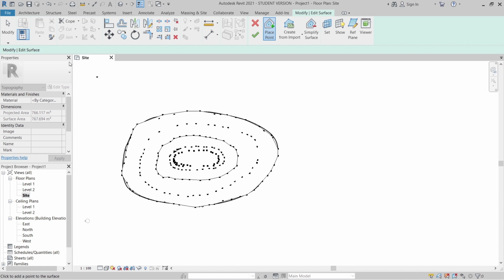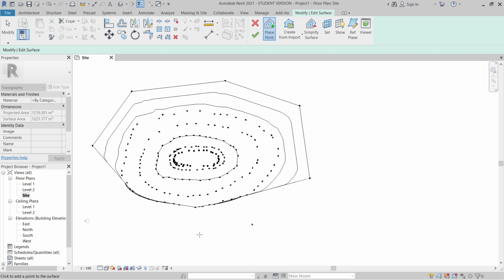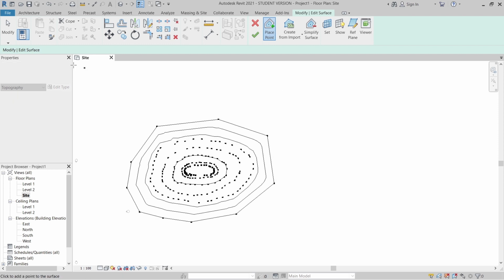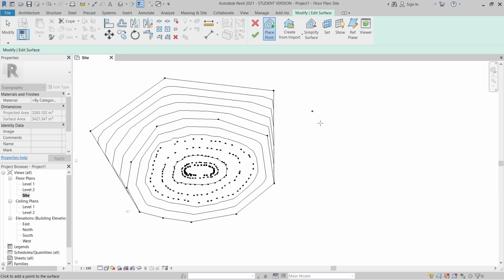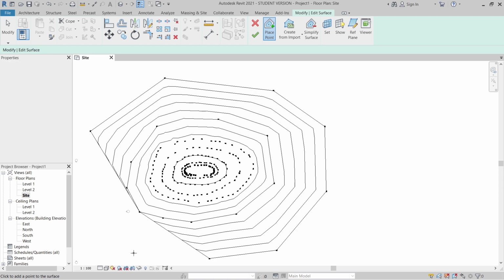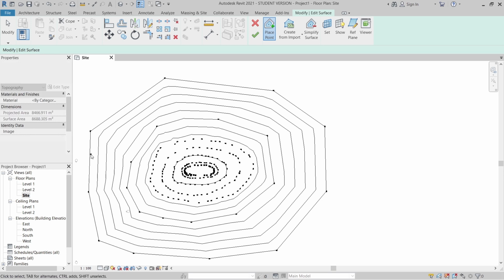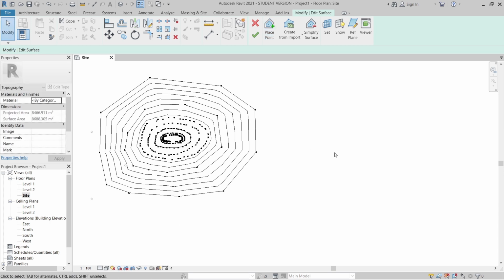Okay, so I'm going to make another flat surface, just make it for 5 meter, another flat surface, and make another one for elevation 0, level 0. Just make it like this, make it a bit more interesting. Hit escape a couple times. Once I've done that, I can go to my 3D default view to review that.